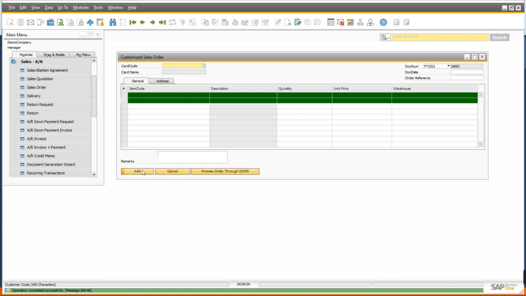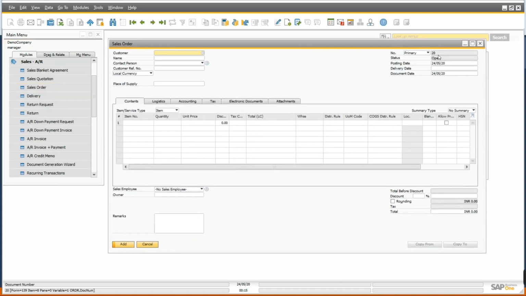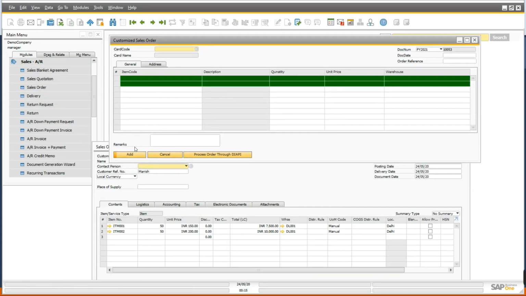So hope the 19th sales order document may generate. So you can see this document is generated through the DI API code.